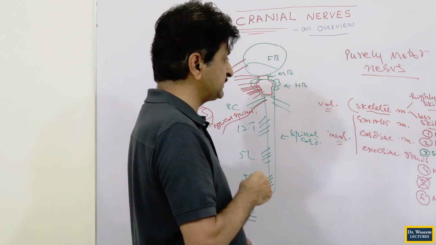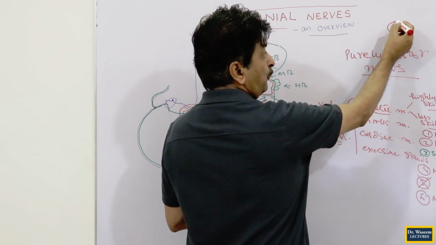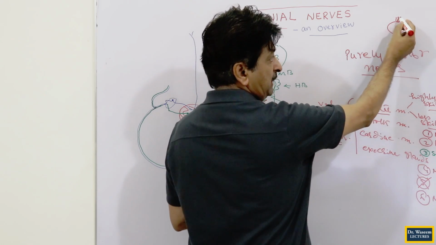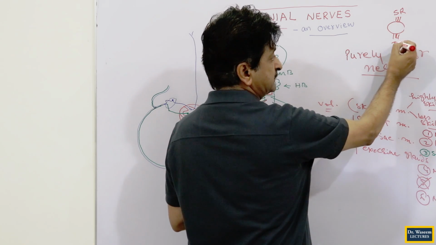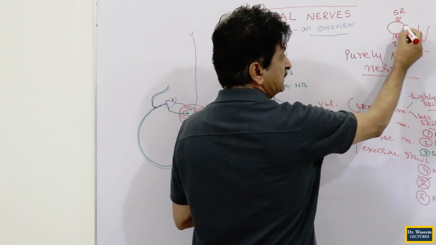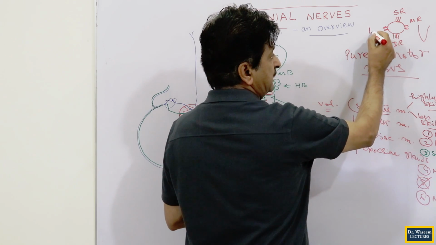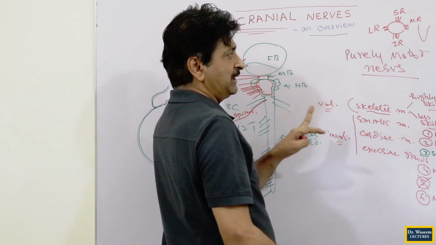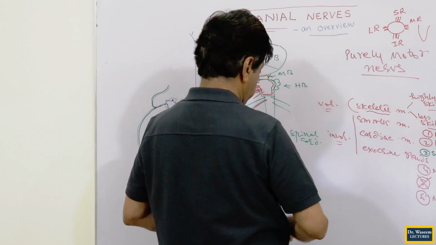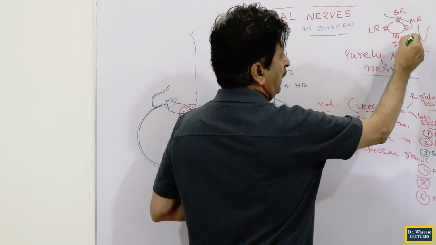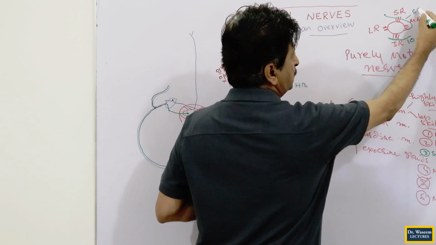And out of these 6 extraocular muscles, 4 muscles are straight muscles here. Upward straight, you say superior rectus. Lower straight, you say inferior rectus. This is nose, here see this is called medial rectus. This is called lateral rectus. 4 are recti and 2 are obliques. 1 which you can bring from above and 1 you can bring from below.